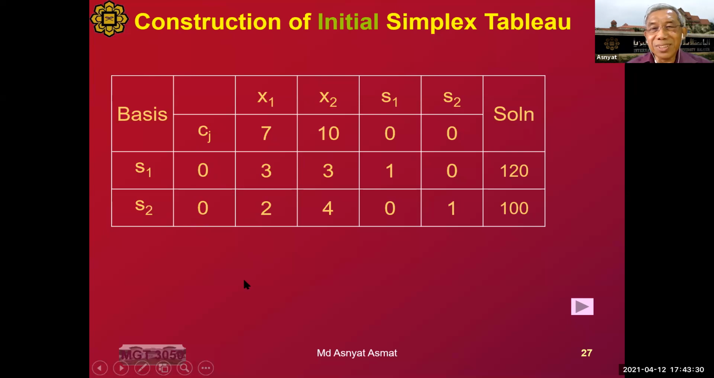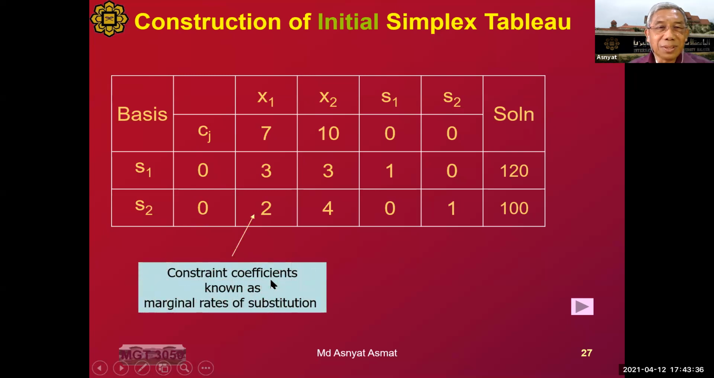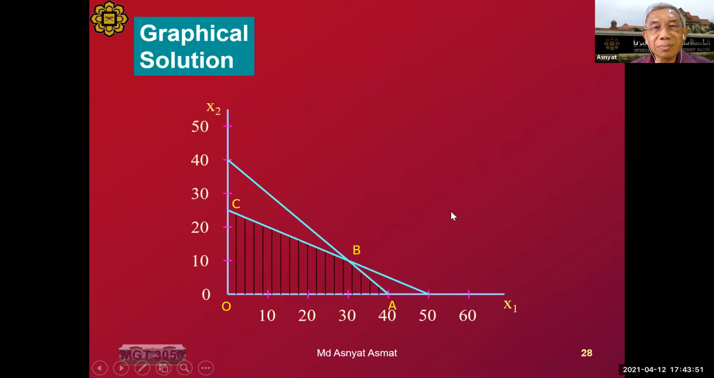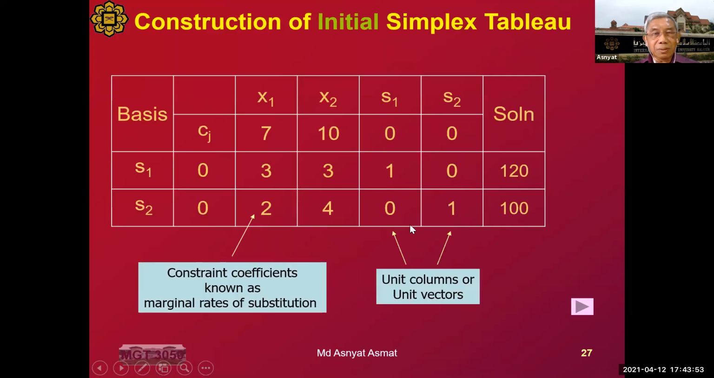Okay, done with the initial tableau. So these are the constraint coefficients, or marginal rates of substitution. This part here, we call it a unit column or unit vector. Okay, what does it mean? From here,